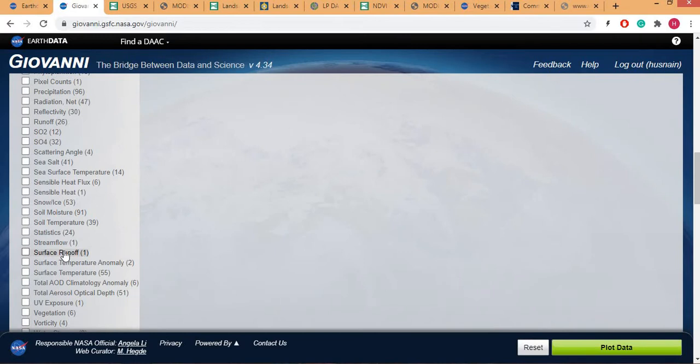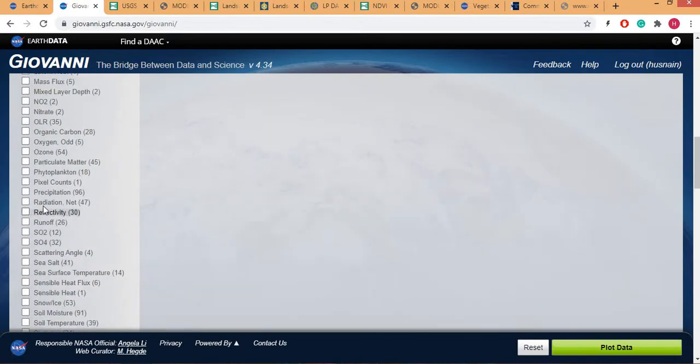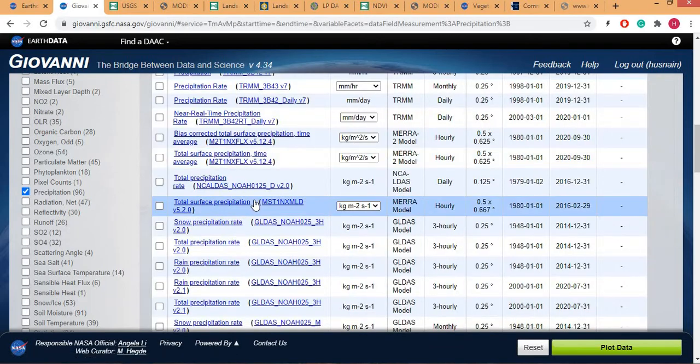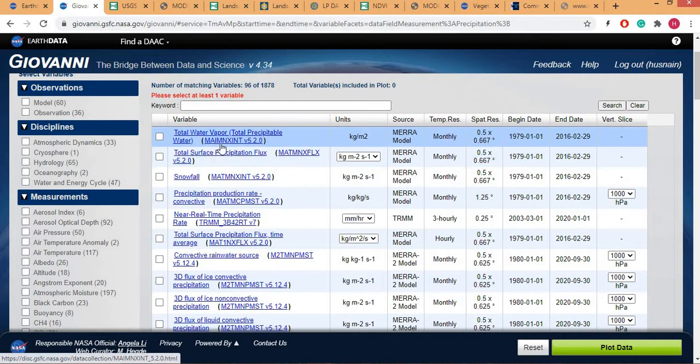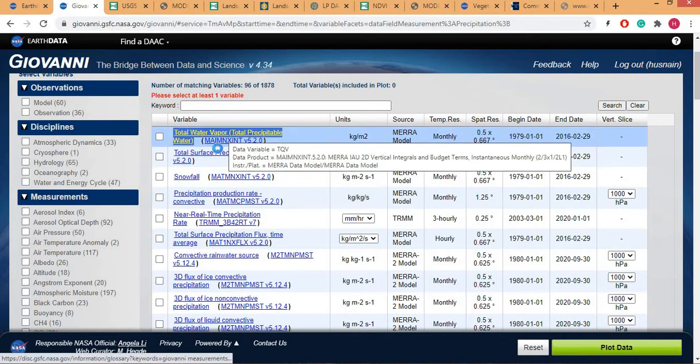So it is better to use the data set that you want. Like if we want precipitation data, we can click it here, and it depends upon the internet speed you are using. Actually, internet speed should be good enough for the data set. So here we have data sets like total water vapor, total precipitation data.